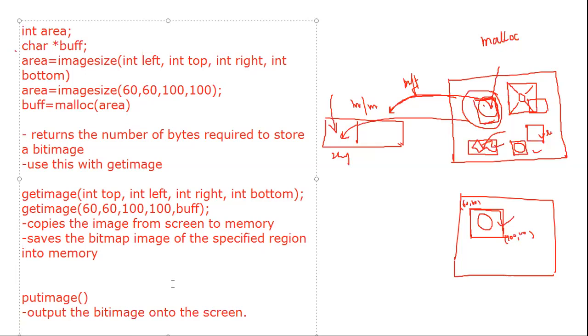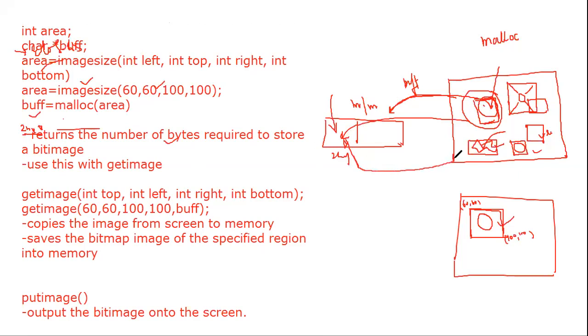Okay, simply it is giving, जो हमने यहाँ पर गेट इमेज के थ्रू मेमोरी में सेव की है, उसको क्या करता है, आप पुट इमेज के यूज से आप क्या कर सकते हैं, स्क्रीन के ऊपर उसको दोबारा कॉल कर सकते हैं और आउटपुट कर सकते हैं बिट इमेज को ऑन टू द स्क्रीन. So what are the different parameters that we pass within this?